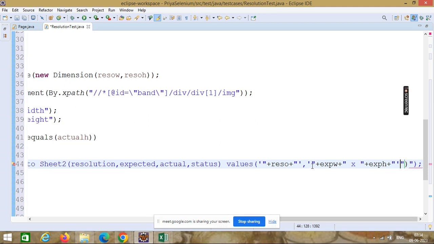So it means single quotes start, single quotes end, and this is the data I will add. Then again comma, single quotes, actual.